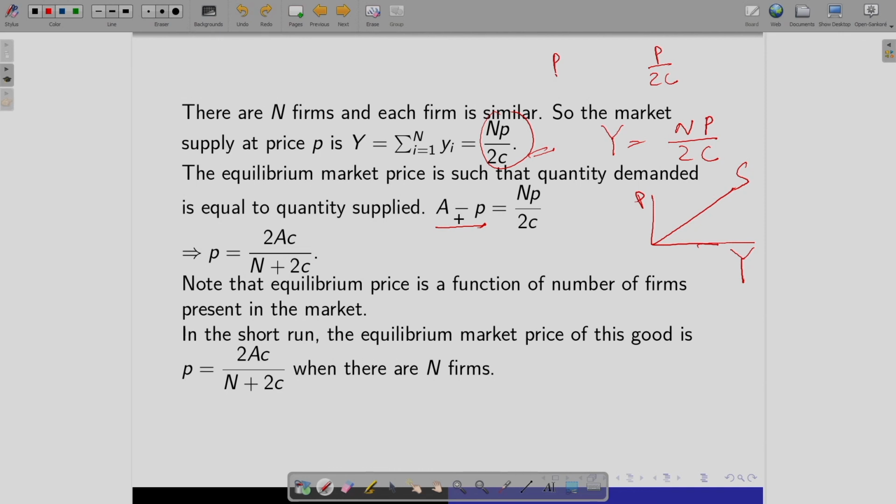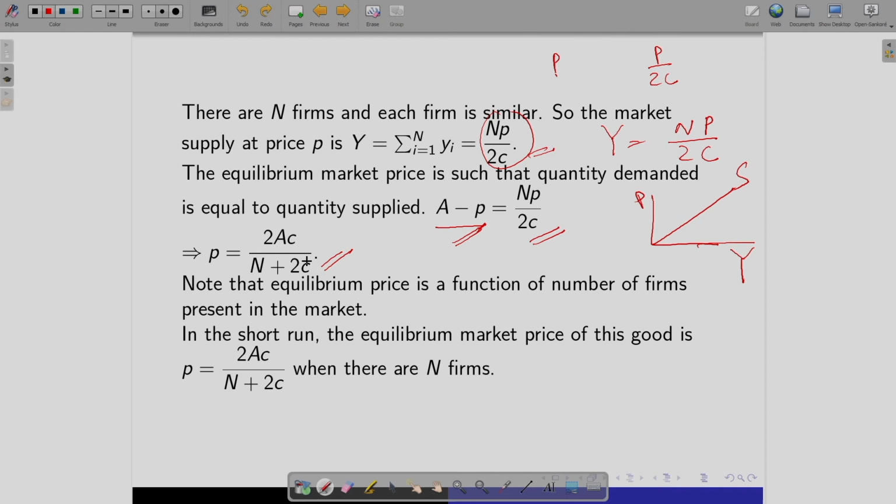So, at equilibrium this market demand should always equal market supply. So, we have to find that price where quantity demanded is equal to quantity supplied. So, we just solve this equation in this form and we get this. So, the market price when there are n firms is this. Now, here you note that this price is always a function of the number of firms present and the